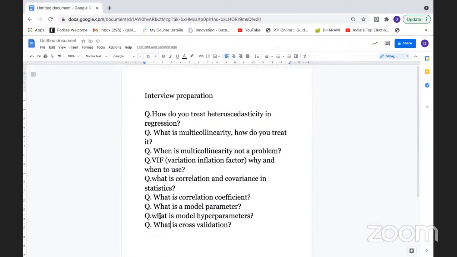It's a parameter, hyperparameter, right? So it's a technique for evaluating your machine learning models by training the model on several subsets of the available data. I can say that several subsets of available input data, and you are evaluating them on the complementary subset of data. So you use cross validation,